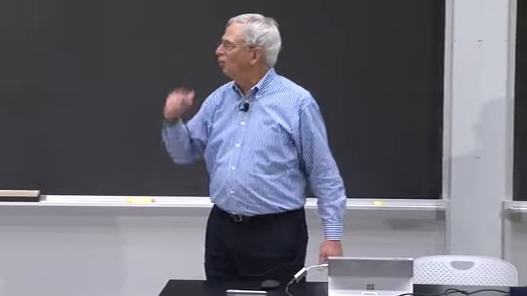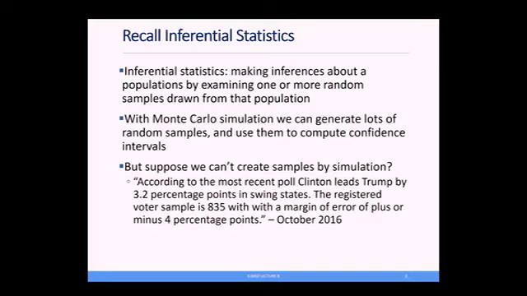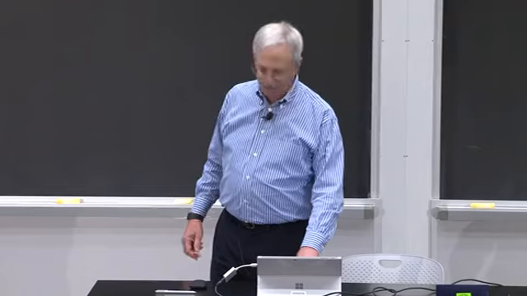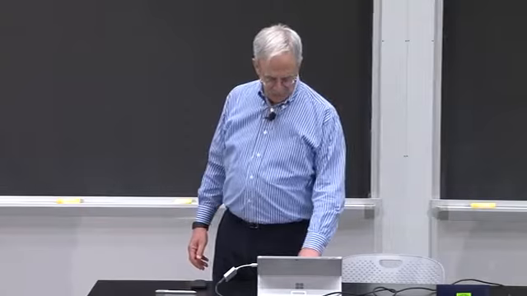They ran one poll of 835 people in this case, and yet they claim to have a confidence interval. That's what that margin of error is. Obviously, they needed that large confidence interval. So how is this done? Well, it's